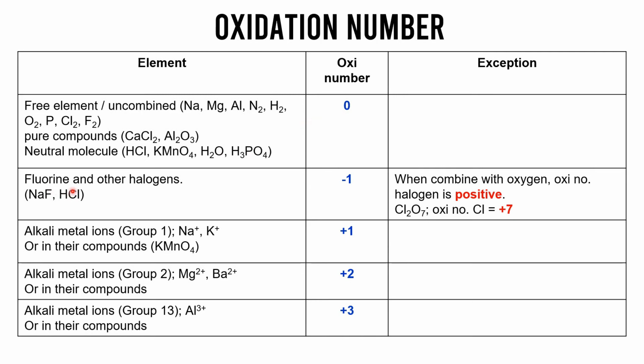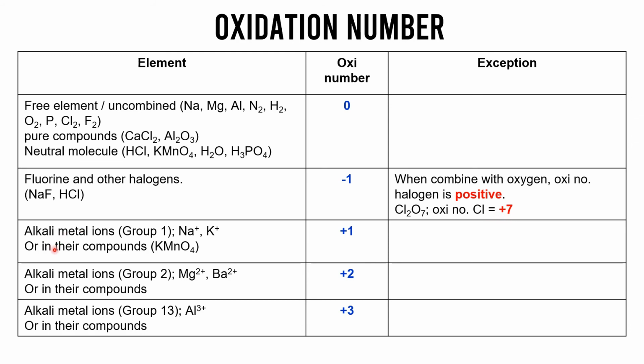Next, fluorine and other halogens. Basically for fluorine and other halogens, their oxidation number is -1, unless when halogen combines with oxygen. So now the oxidation number will be positive. For example, Cl2O7. In this form, when the halogen combines with oxygen, the oxidation number of halogen will become